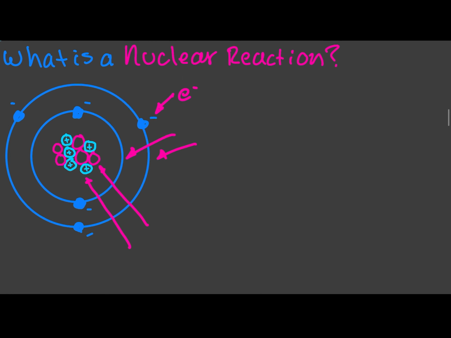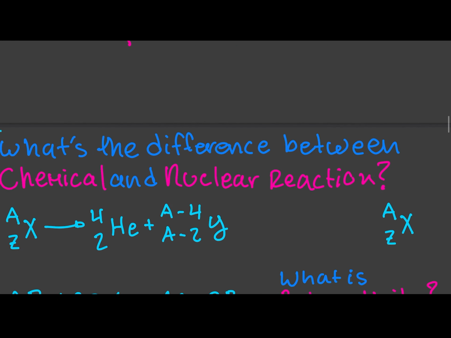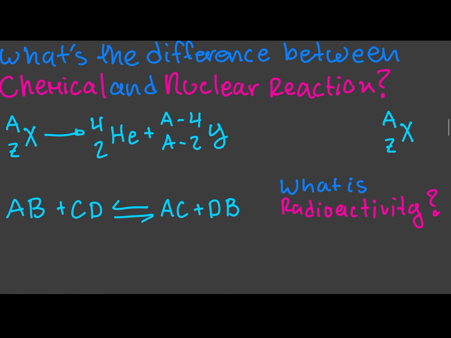So now that we have a little refresher on the atom, what is the difference between a chemical and a nuclear reaction? As I said earlier, a nuclear reaction is a reaction that occurs within the nucleus of the atom, while a chemical reaction is a reaction that occurs between different particles. Here we have X representing a particle, and we say it turns into Y mainly because it's changed into a different element. This right here is the general equation for something called an